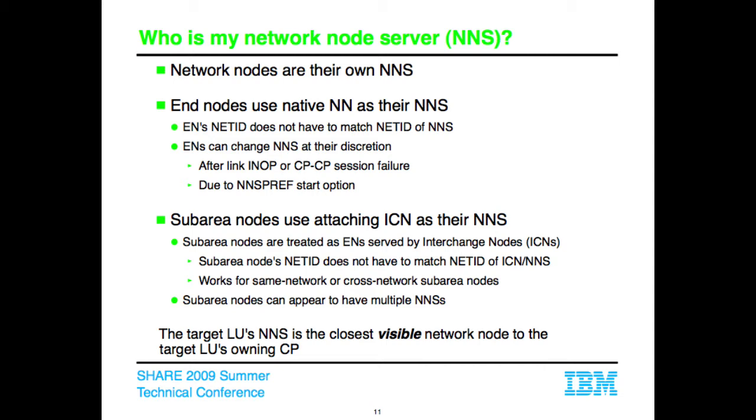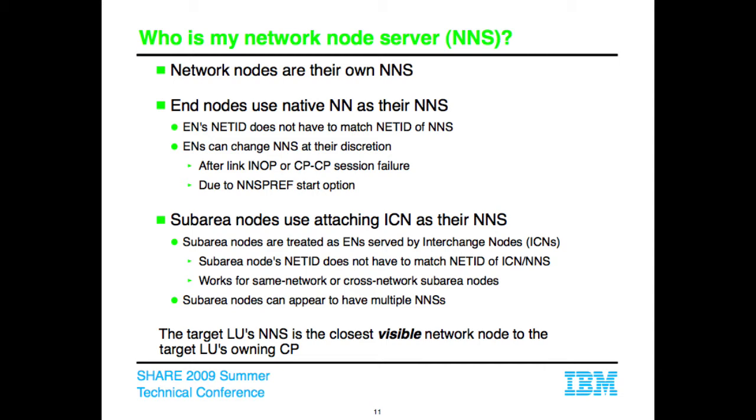Now, if you have subarea nodes attaching to an APPN network through an interchange node, the subarea node acts like the end node, and the interchange node that it attaches through acts as the network node server for all of the resources that you can find in the subarea network. The reason we do that is because when we invented the APPN architecture for the interchange node function, we had to make sure that we could represent subarea attached resources in a way that APPN attached nodes, including non-VTAM APPN products, would understand. Since the upper bullet here with end nodes indicates that end nodes can have a different net ID than their network node server, that was a perfect model to build our interchange node function on, because oftentimes